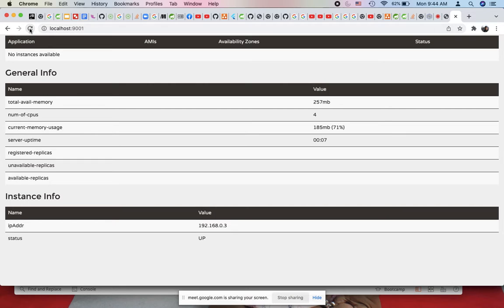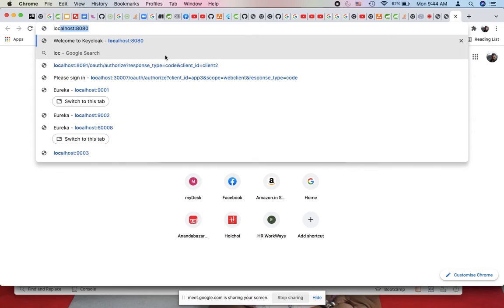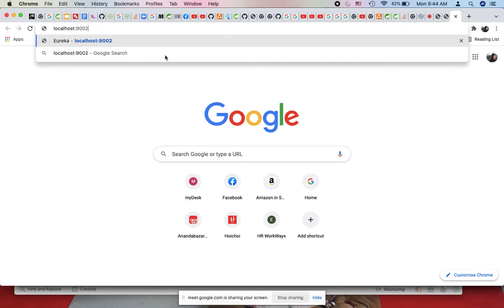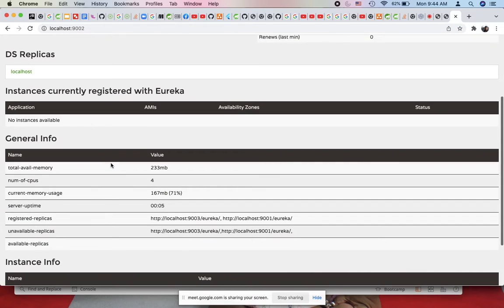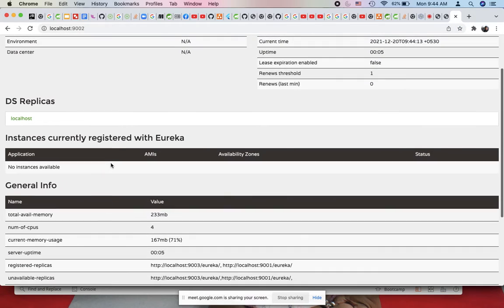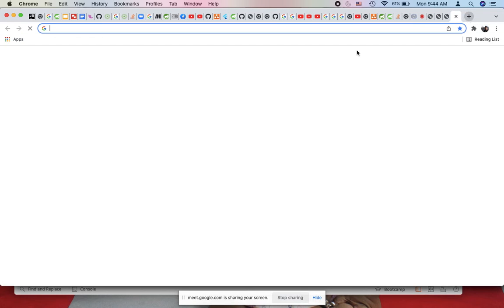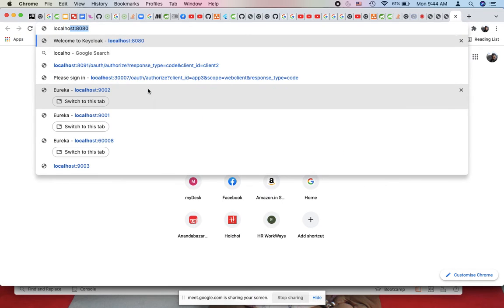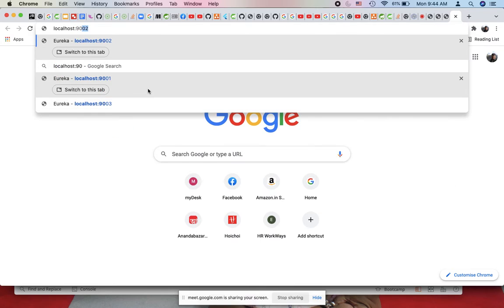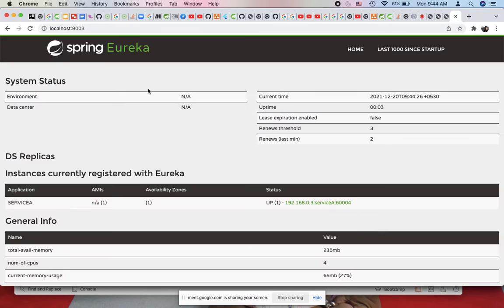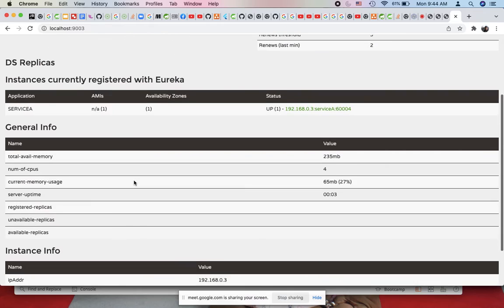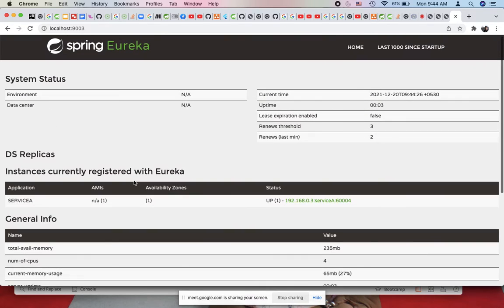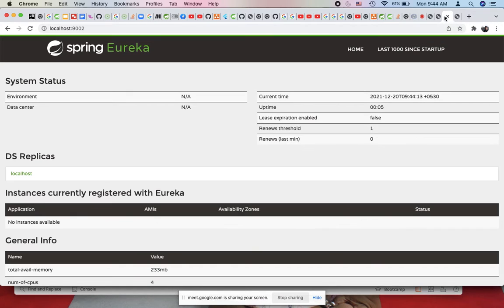थोड़ा टाइम लगता है, बट लेट मी टेक ए लुक। अलग अलग से ओपन करते हैं। लोकल होस्ट 9002, ये बोल रहा है कि मेरे पास कोई नहीं है। ये क्या बोल रहे हैं? लोकल होस्ट 9003। ओके, ये भी अलग से चल रहा है। 9003 इज ओके। आई थिंक आई गॉट द पॉइंट।